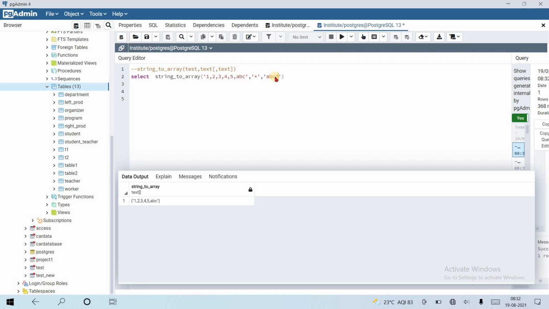If I make it abcd, you can see that there is no effect of this third parameter too. So setting an empty value to null. If there are any empty values in a string, then it will be replaced with this abcd. Let's see. Is there any empty value? If I make it null here, yeah, this null is written as it is. So there will be no effect.